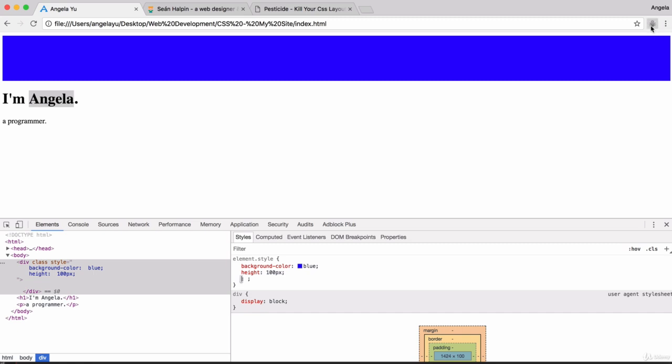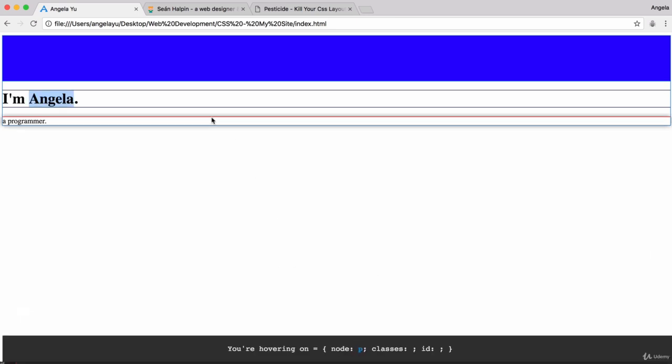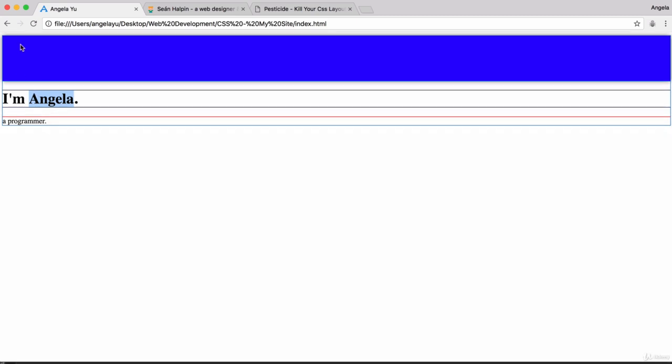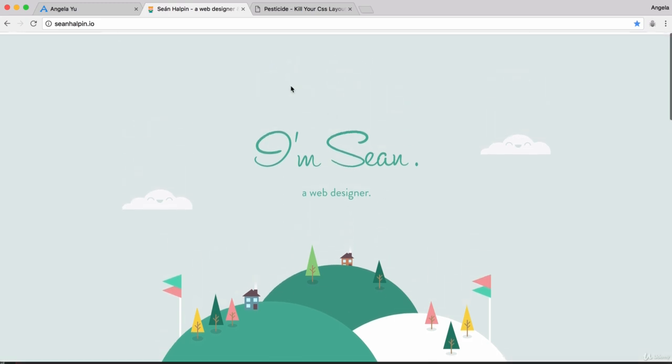And if I turn on Pesticide again, you can see now if I hold down Control and hover over this section, it's showing you this is the div, this is the H1, and this is the P. So the div is only there for you to structure and divide up your content. So if we wanted our div to perform a similar function to what we've got up here, which is the top part of the content, where he's grouped together a title, a subtitle, and an image,